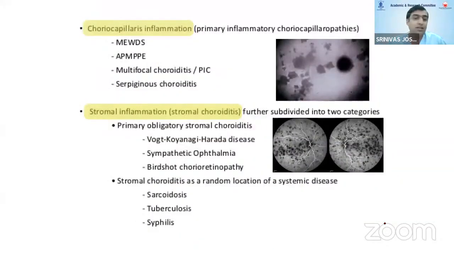So just I would like to end up telling that the choriocapillaris inflammation, we saw it as the MEWDS, AMPPE, multifocal choroiditis and serpiginous. And in case of stromal, it has been nicely described by Dr. Chitranjan, where we have primary obligatory stromal choroiditis, where we explain about the VKH, sympathetic, and the birdshot. And in the location of the systemic disease, definitely the sarcoidosis and the tuberculosis and the syphilis is what falls